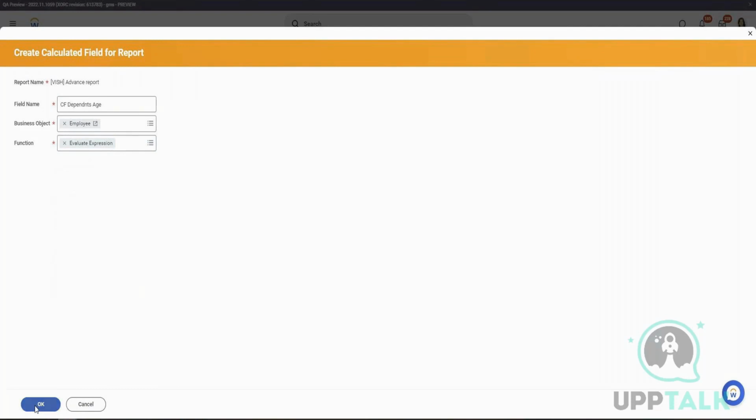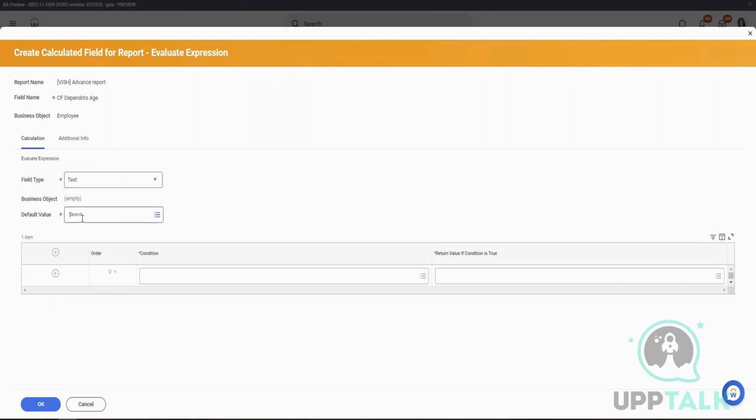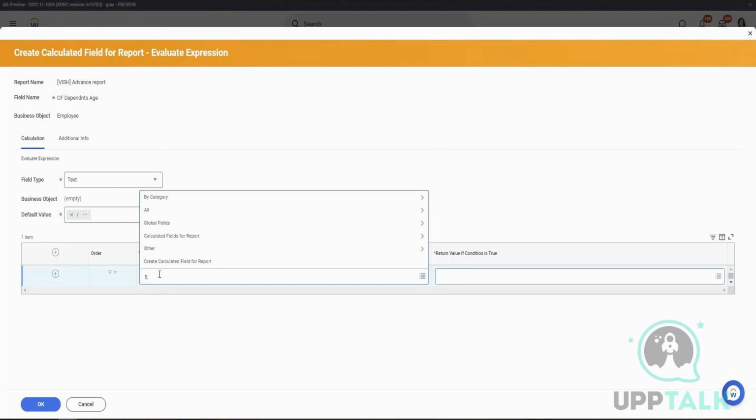I click on the evaluate expression, and here normally it's always true or false. Evaluate expression is true or false. What type of field do we want to return? For example, we say give a text, and we'll say global field is, let's say text is this one, which is just a value, and I'll just say that if it is something true,